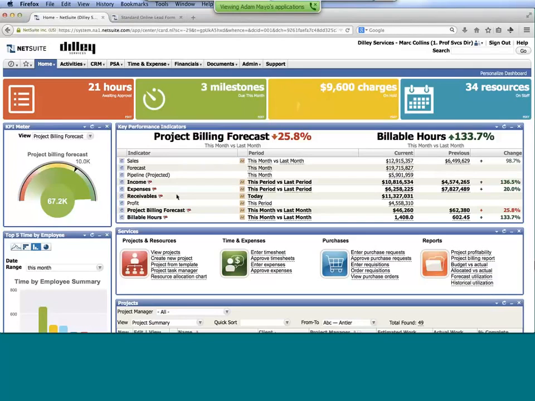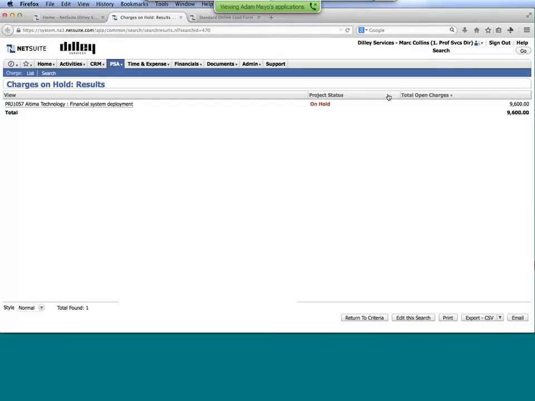What I want to do now is just tell a quick little story as far as how we see firms that are managing off of the dashboard, and then we'll get into some more of the core areas, attributes of the solution. But one thing you may have noticed as I've been introducing the product is there's a blinking tile up on the top that says I have $9,600 worth of on-hold charges. And so from here I can go in and click onto that tile to take action on it.